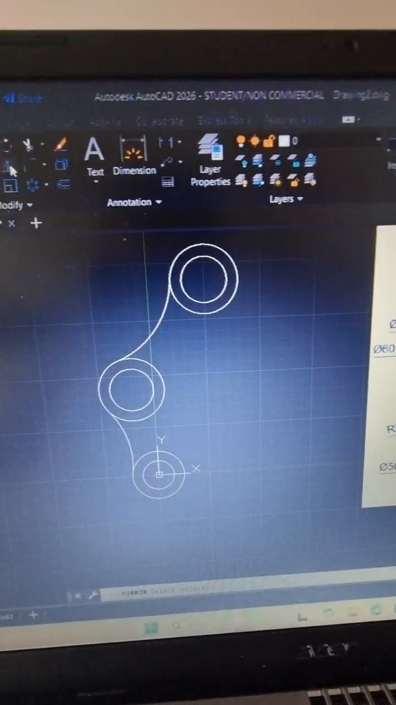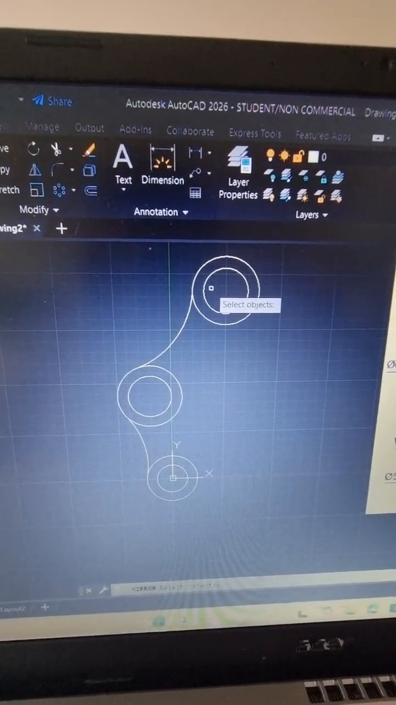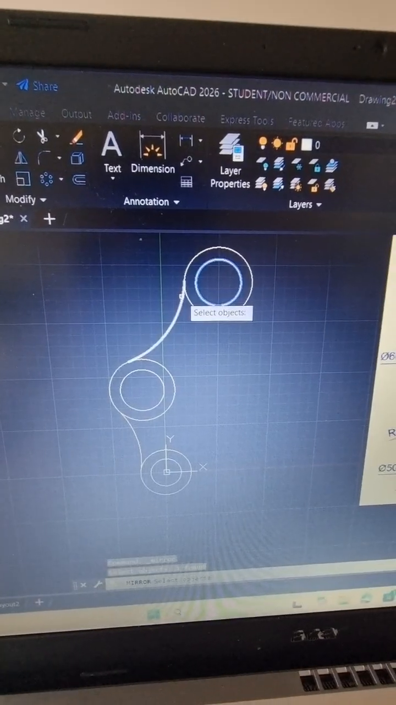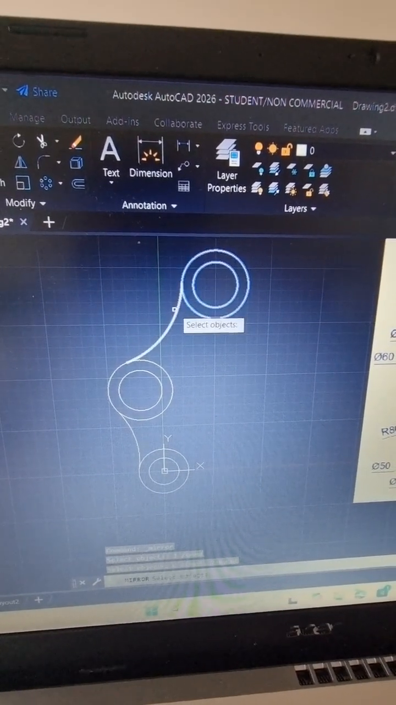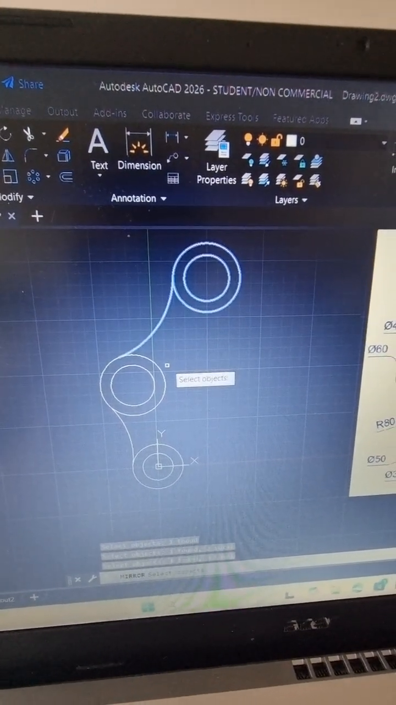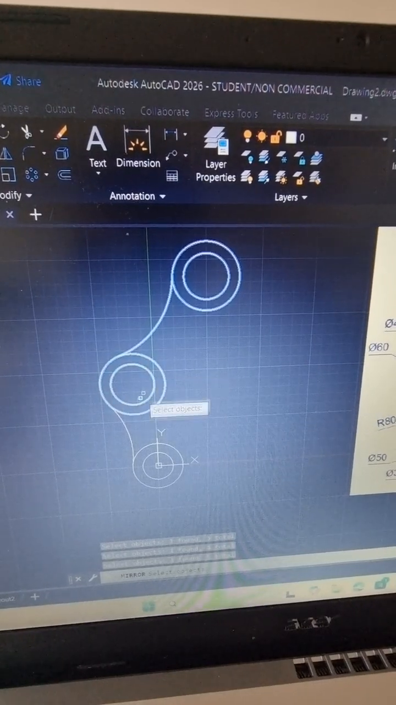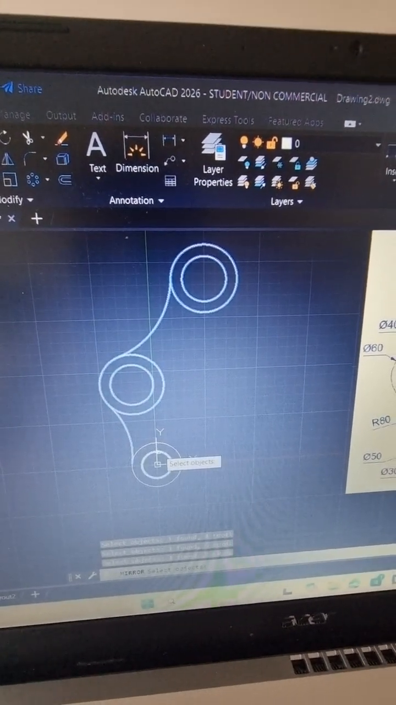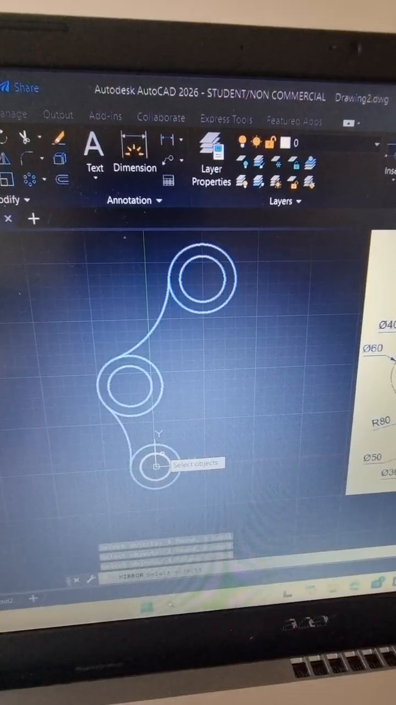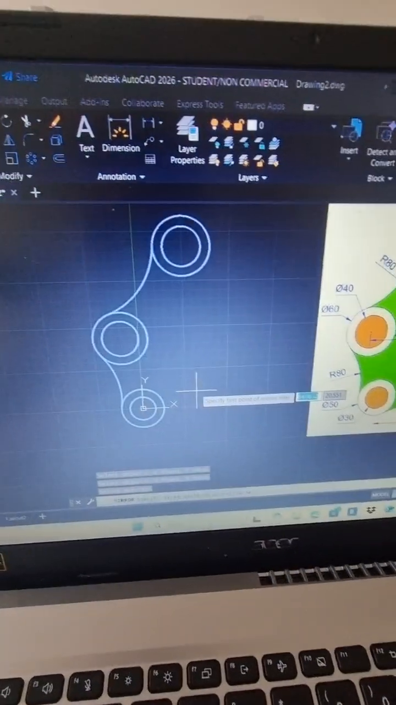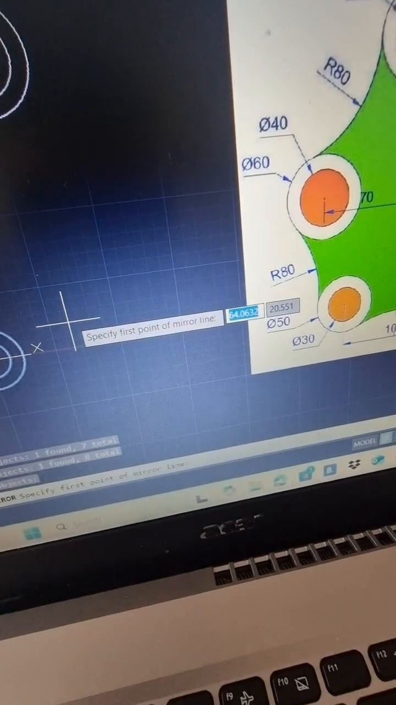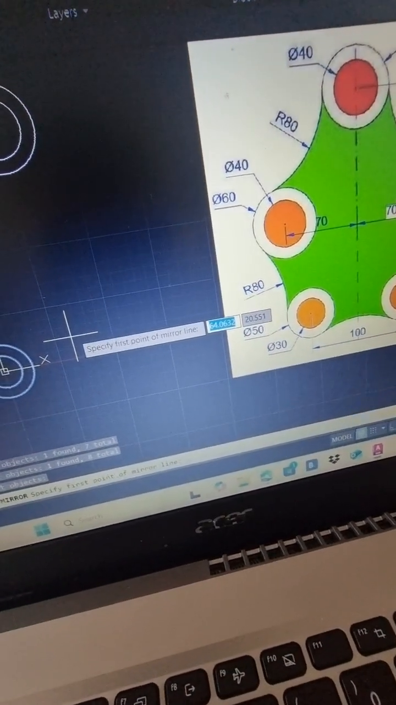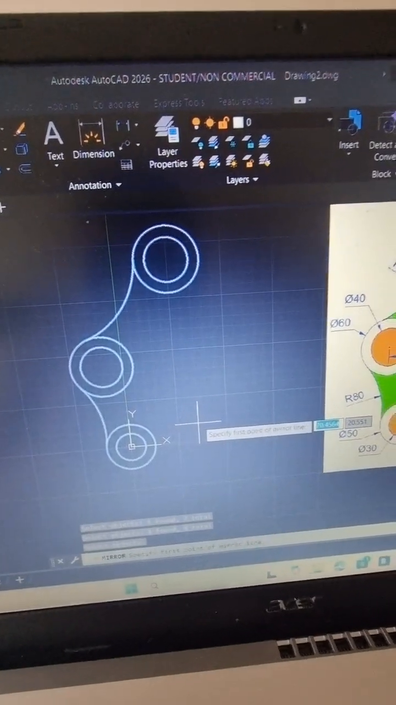Okay, and we can select all the objects like this, all the objects, so every line. Okay, and then we press enter. Okay, so what comes up then is it tells you the first point of the mirror line. This doesn't matter a whole lot,